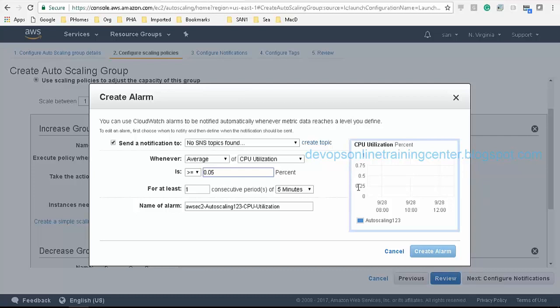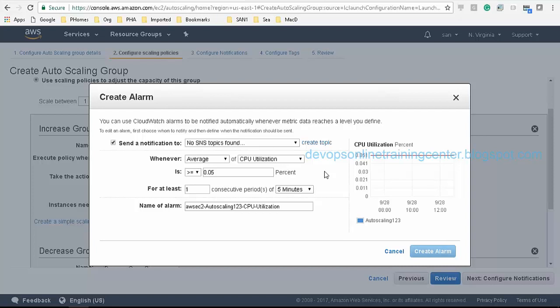Yeah, we started with 1 instance, right? Yes. If we said 0.05%, it means 0.05% on just 1 instance. Yeah, 1 instance. Or let's say 10%. If we have 2 instances, and if the CPU utilization is more than 10%, does it mean 10% on each of the instances, or a cumulative number, or what is it? It's average, average of both.